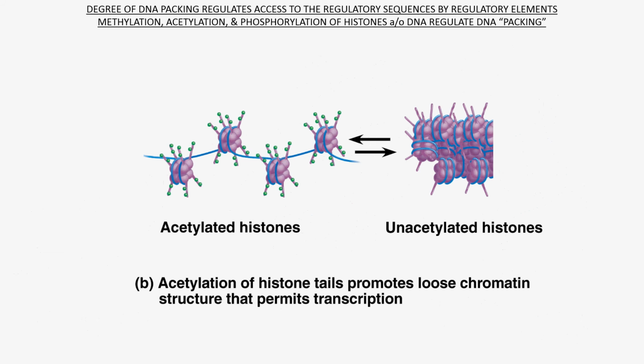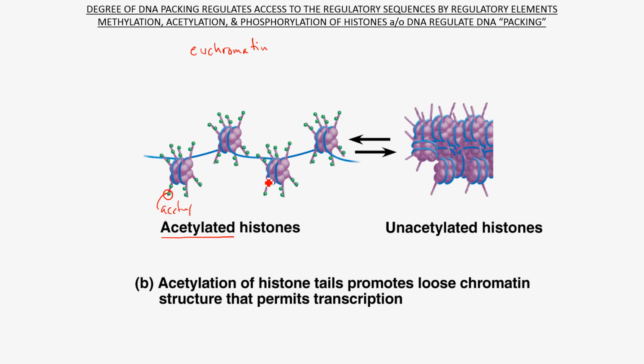So if we look at this here, we can see that these acetylated histones are right here, where these green dots are the acetyl groups. Right, so this is the acetyl group right here. And when the histones get acetylated, we see that the DNA sort of unpacks a little bit more, and this is the euchromatin